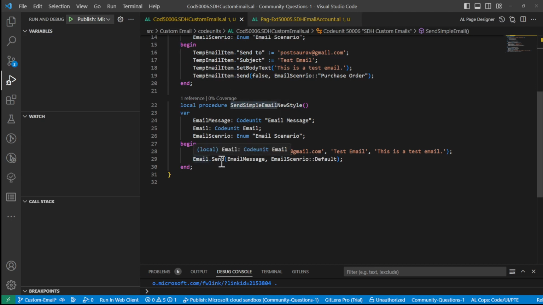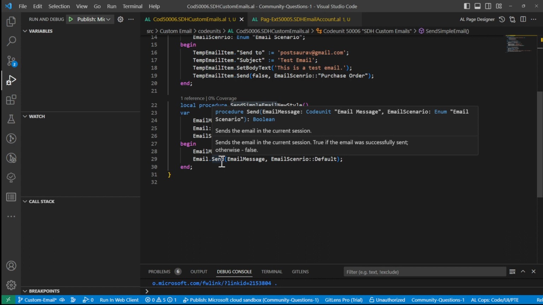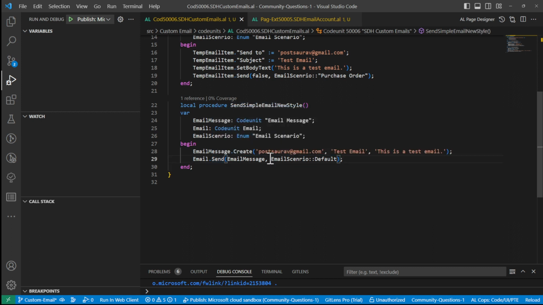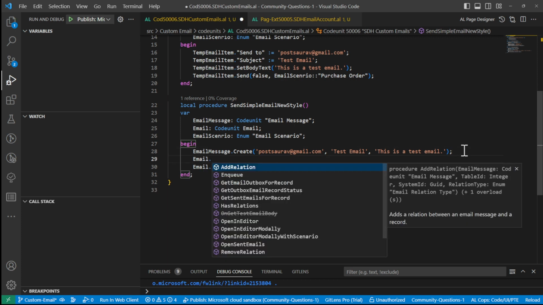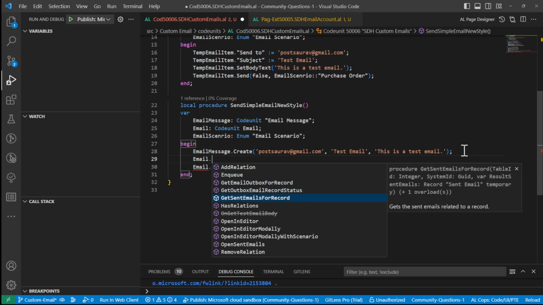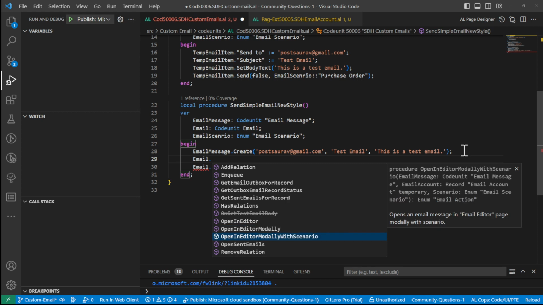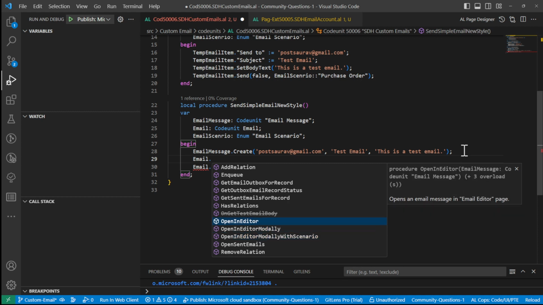So the email send will automatically send that email behind the scene. So send the email in current session: true if the email was sent successfully, otherwise false. So the return value is true or false. Okay. But what if you have to open that email like we did in the old style? In that case, you'll have to search for another method in the same code unit called open in editor. If you see that there is open in modally with scenario, and let's keep the simple one, open in editor,